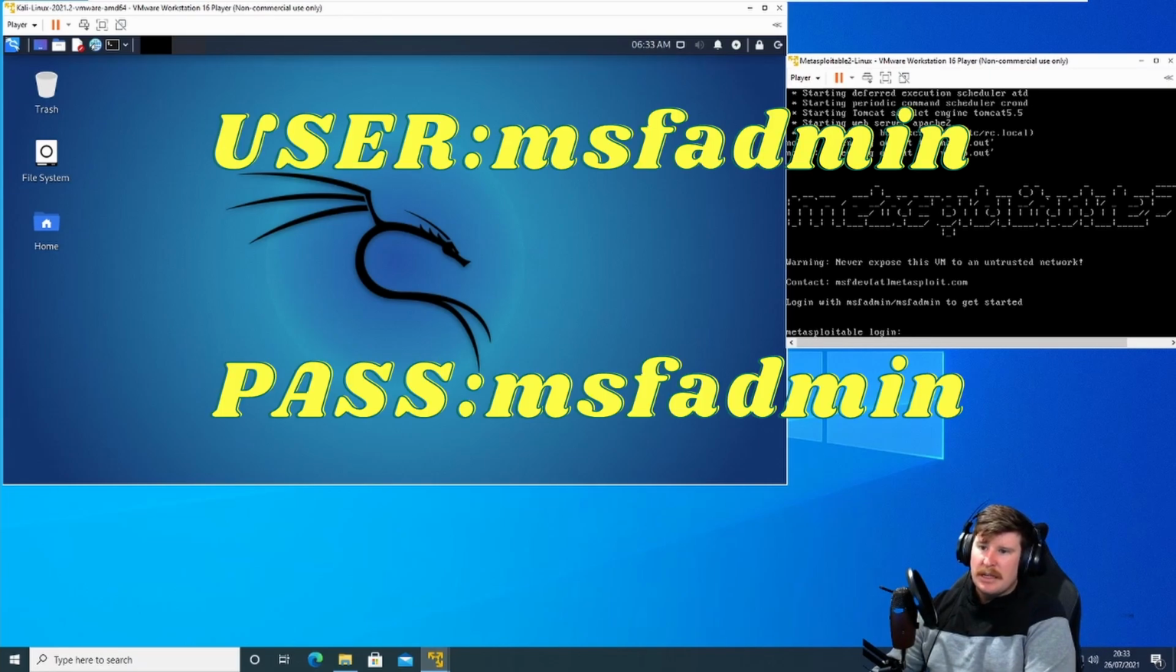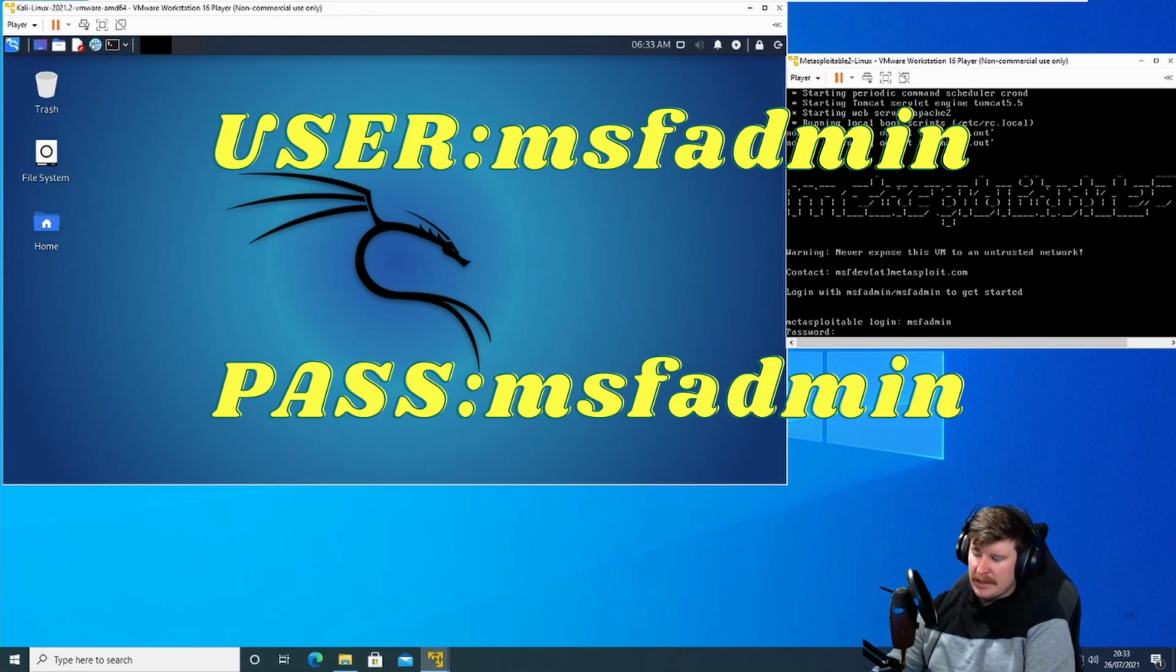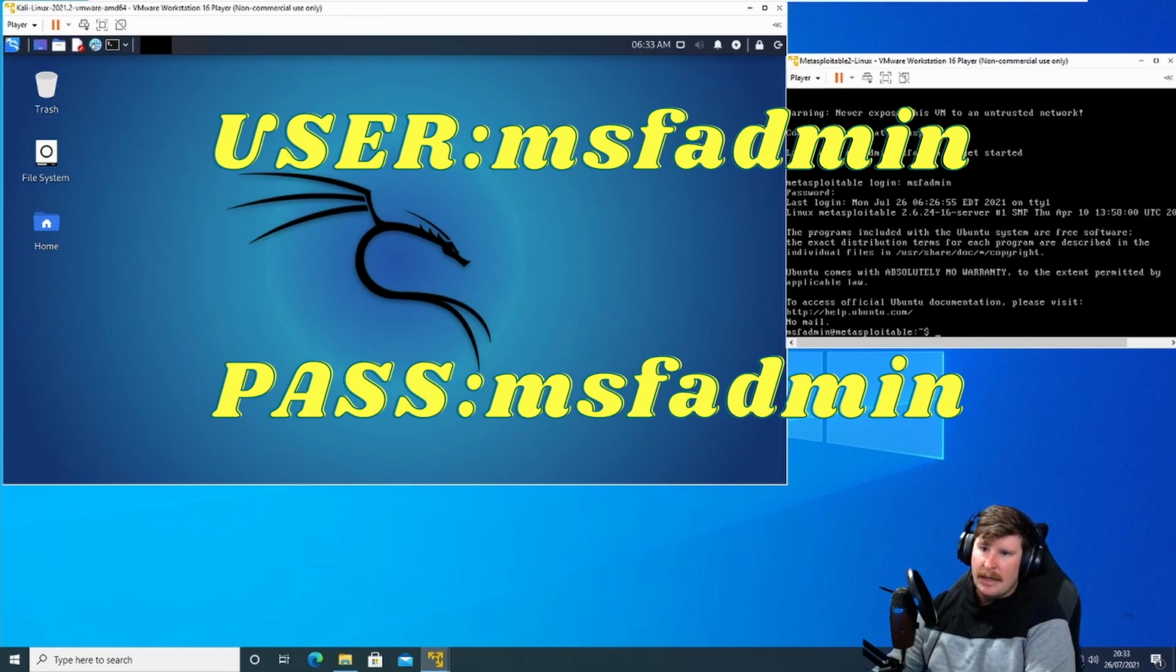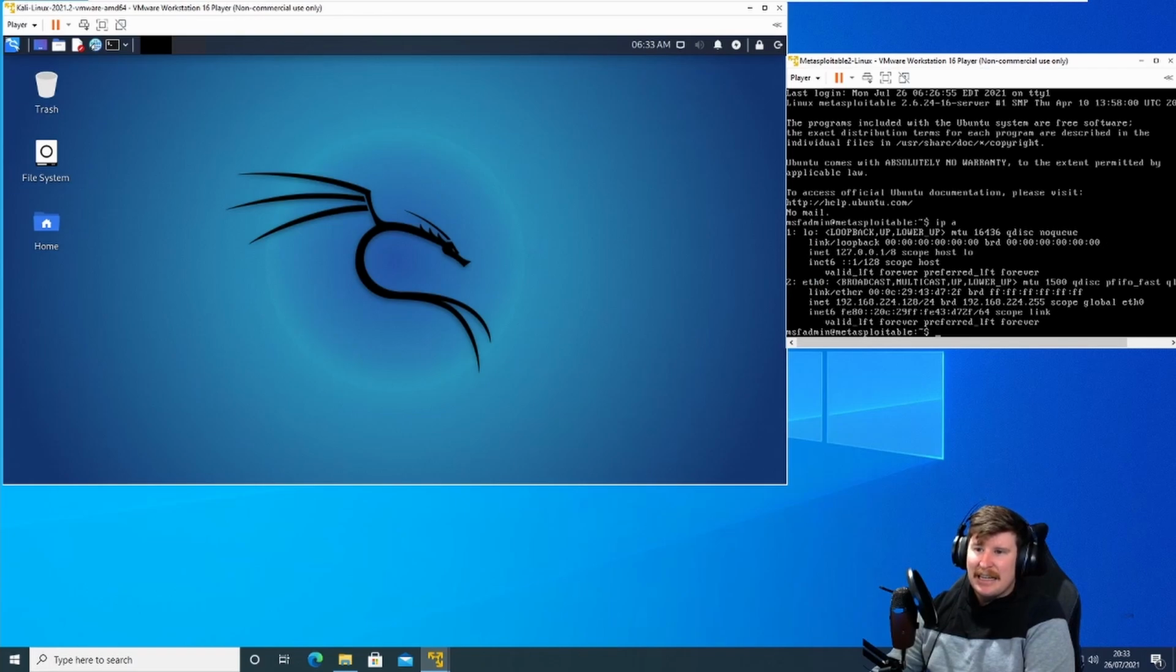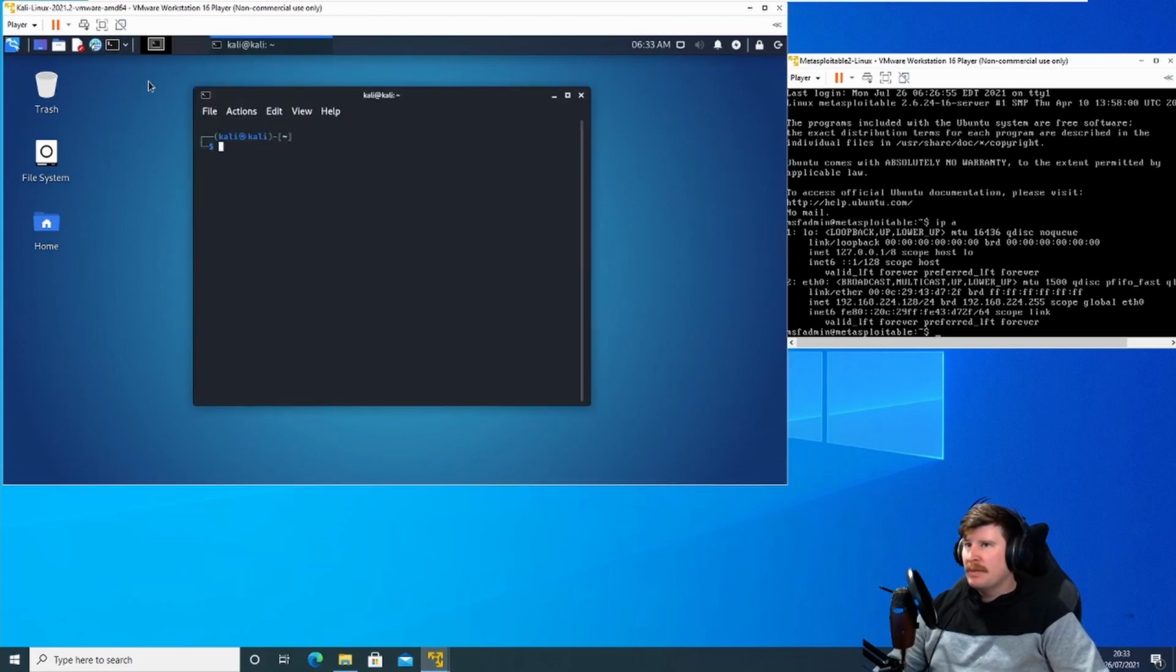The username here is MSFadmin, and the password is the same, MSFadmin. Once we're logged in, we can see we're logged in as MSFadmin. We're just going to go ip a and check our IP address. You can see there 192.168.224.128. If we go back over to our Kali machine here, we can go ping